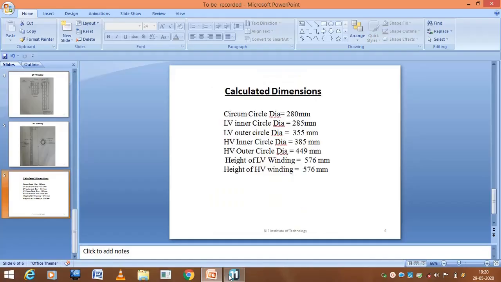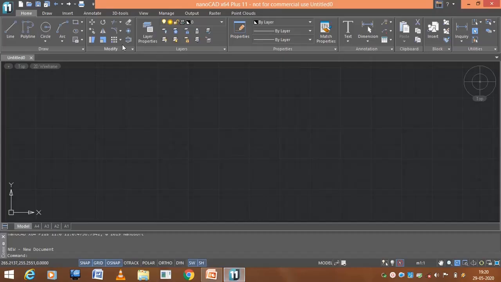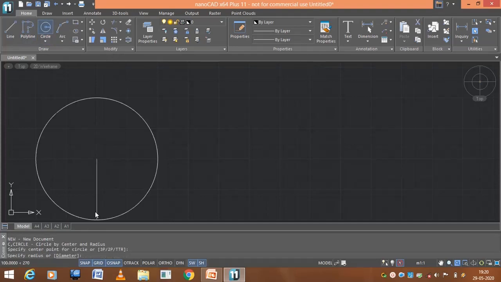Now we'll go for the next step. The next step is to draw a section plan and then elevation, full section plan and elevation of a three-phase core type transformer. So let us draw a circumcircle first, and I have set all the units in millimeter, and the circumcircle dia, it is 280 mm,